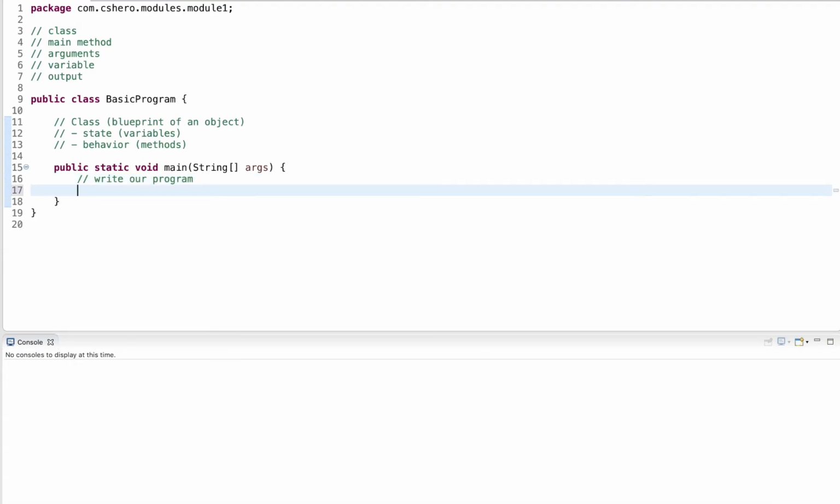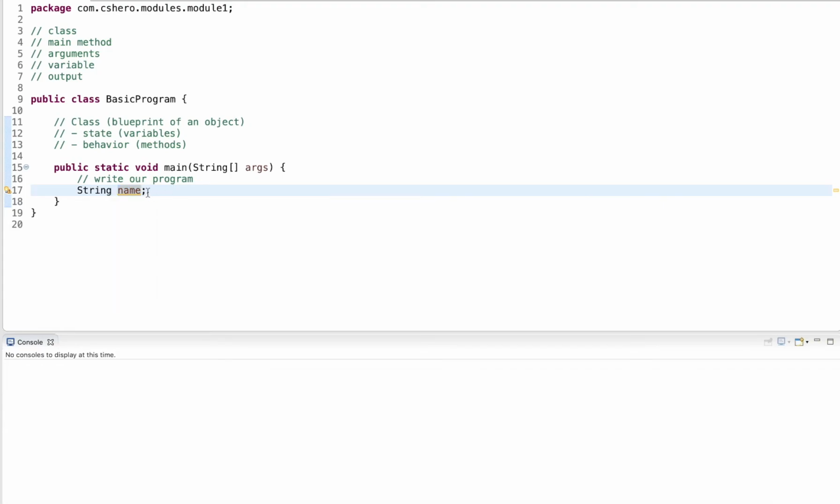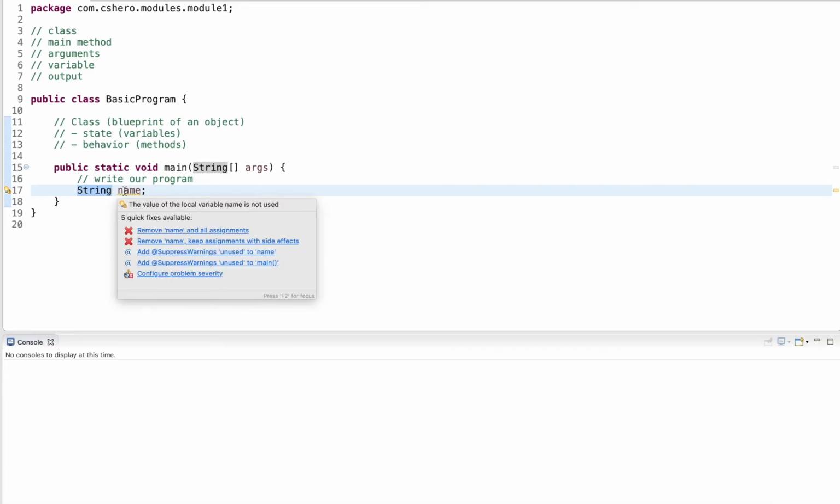Now, let's start by creating a variable. I call a variable named name. So a variable here is really just some unit of storage in memory where we can store some information. And whenever we want to store something, we have to roughly classify it into a type of the data that we intend to store. So in this case here, I say I want to have a memory unit where I store strings.